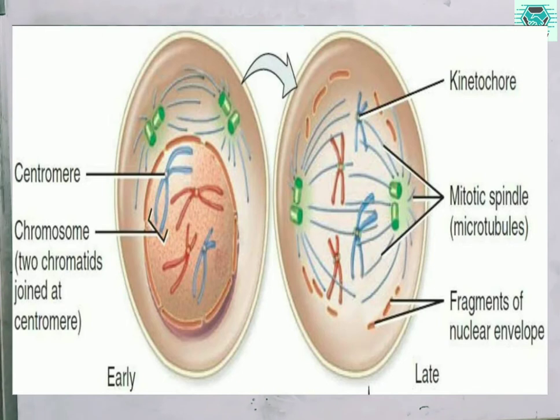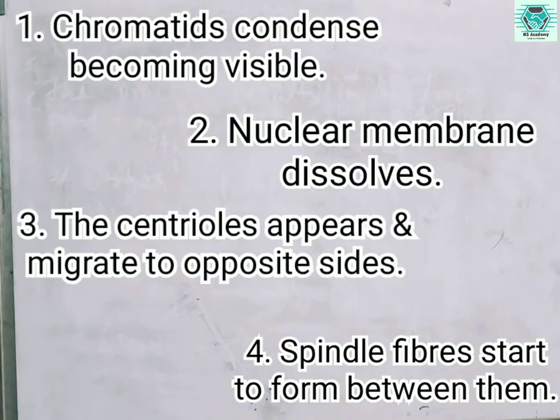In the early prophase, these chromatin fibers condense, their length shortens and they form chromosomes. The condensation process may prevent entangling of the long DNA strands as they move during the mitosis process. So we can easily see how the chromatin fibers condense to form the chromosome, and here in the process of prophase